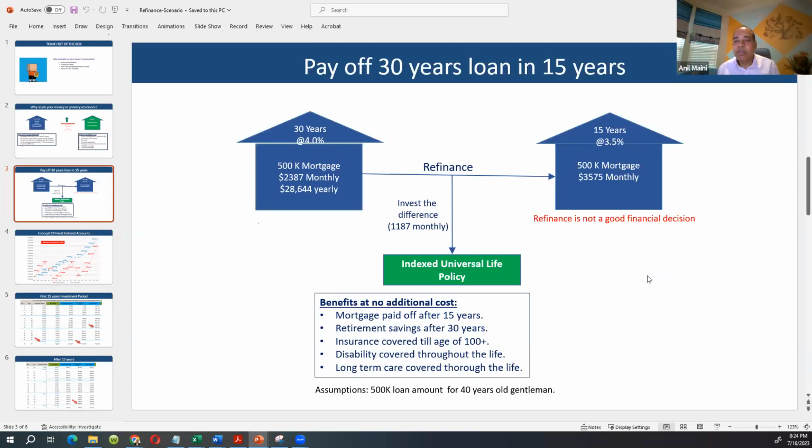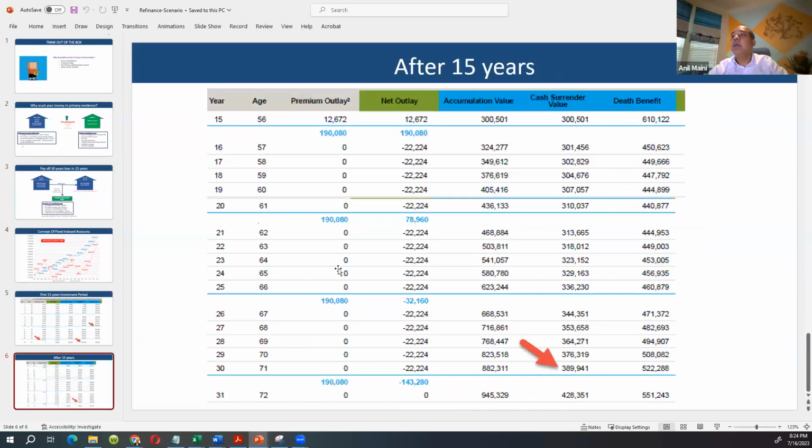Okay, any other question? So Sunil bhai, actually the loan gets paid off in 30 years only. But for 15 years you pay it from your pocket, and for 15 years at no cost to your pocket. That's right. From the 16th year to the 30th year, you are withdrawing this money from the IUL and paying your mortgage off, so no money is coming from your pocket. It's all in your head, your thought process. You can convince your mind that your home is paid off in 15 years, because no money is coming out of your pocket after 15 years.